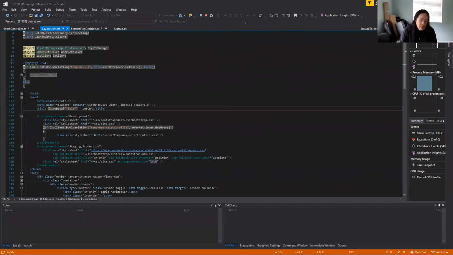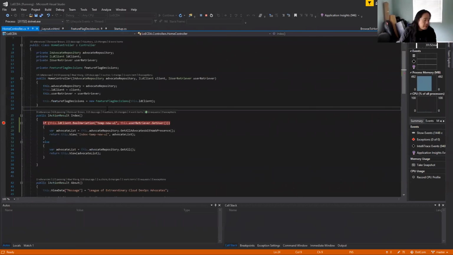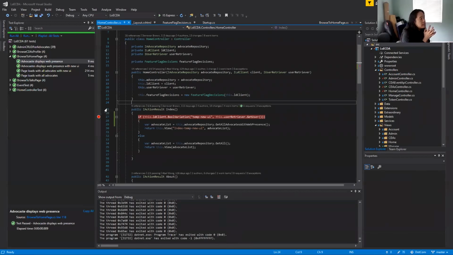So the other thing that I wanted to show, and let me take this out of debug mode, is you can make your code a little bit cleaner, right? Because right now, if you look at my controller, it has to have knowledge about the infrastructure that I use to hold my feature flags. And that just kind of makes things a little bit messy. And also, right now, it ties any place that I want to apply this new UI or this particular flag, everything is just tied into this chunk of code, right? So that does become a little bit messy.